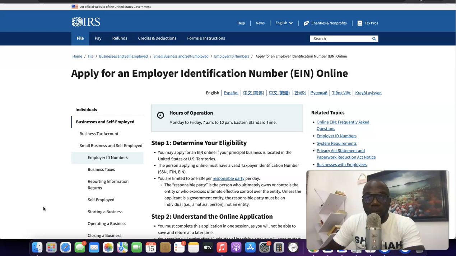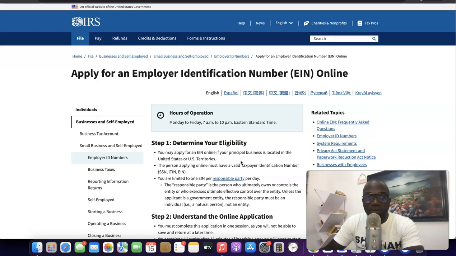So for you to get your own personal EIN number, there are a couple of ways you can do this. The first way is to come over to the IRS website and go through the website application here, then fill the form to get your own personal EIN. But if you don't want to go through the hassle of coming over to the IRS website, calling them on phone and filling the form online,